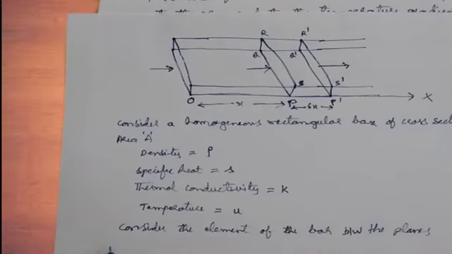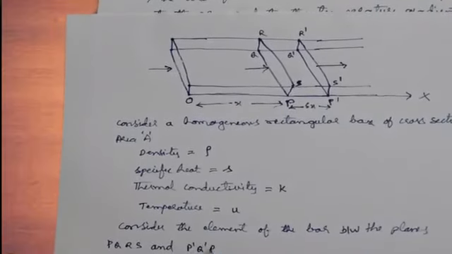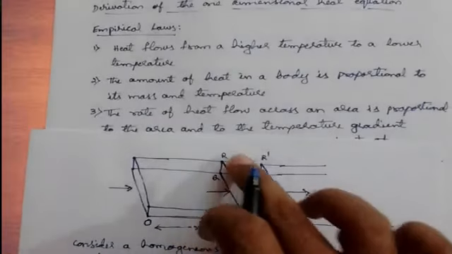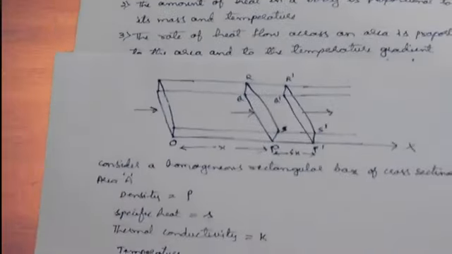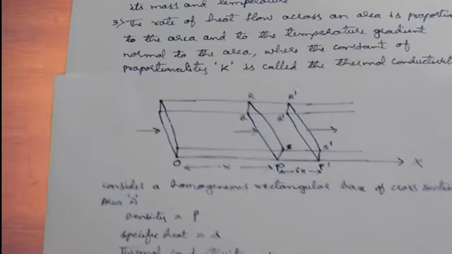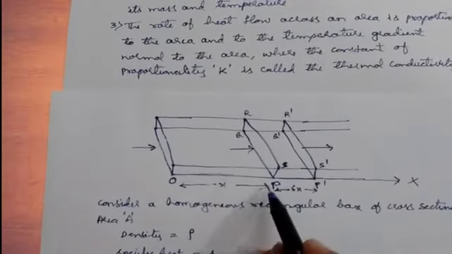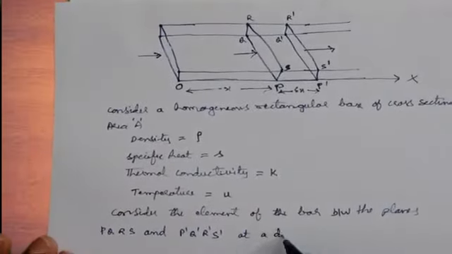So what are the planes that we are taking? We are taking the plane PQRS and the plane P dash, Q dash, R dash and S dash. These are the two planes that we are considering, and this PQRS plane is at a distance